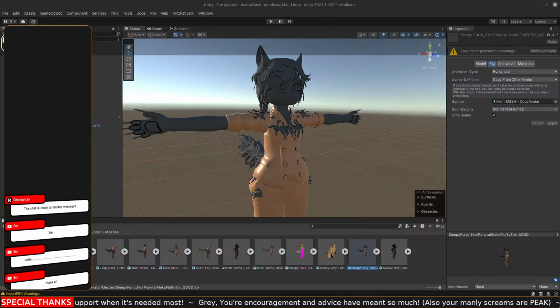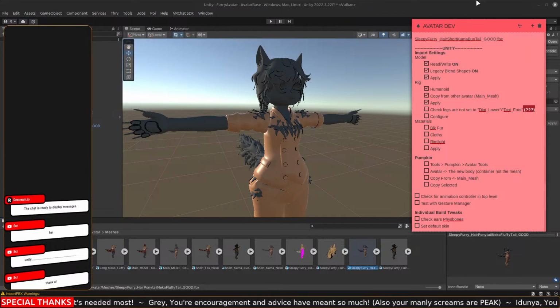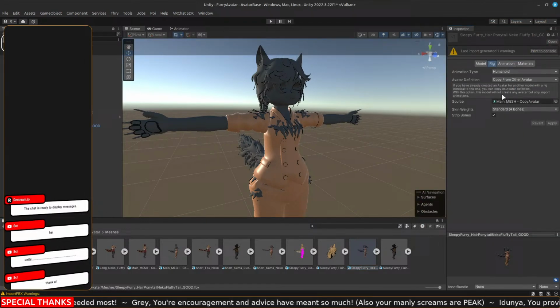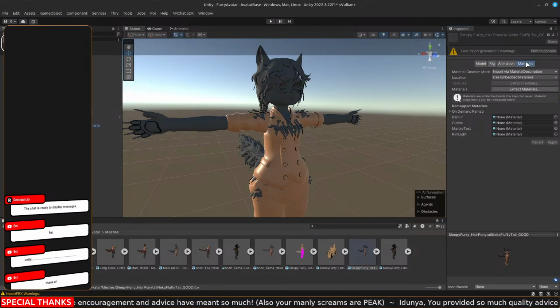Let's do list back. Okay, next step, we want... Oh, we don't have config. So we've got to set our materials, or our default material. This materials, and